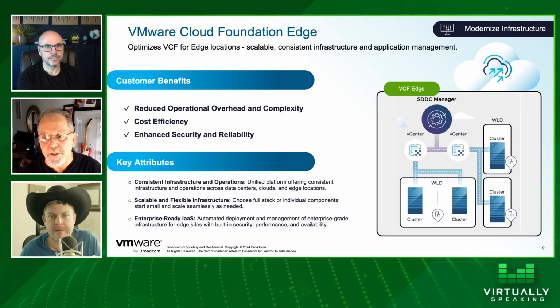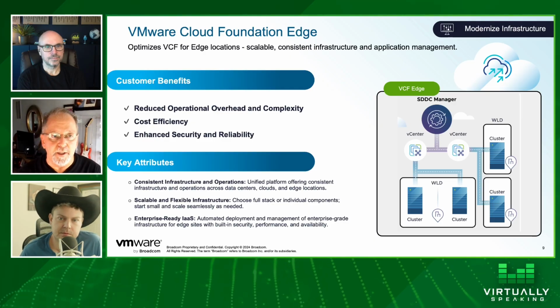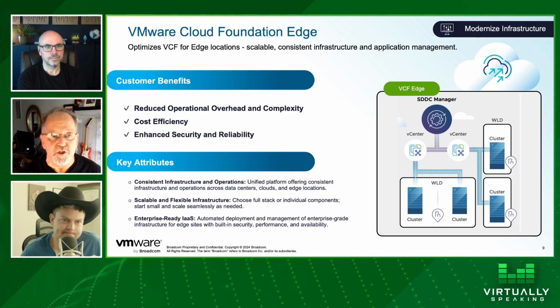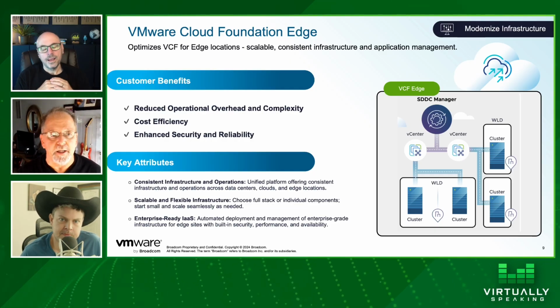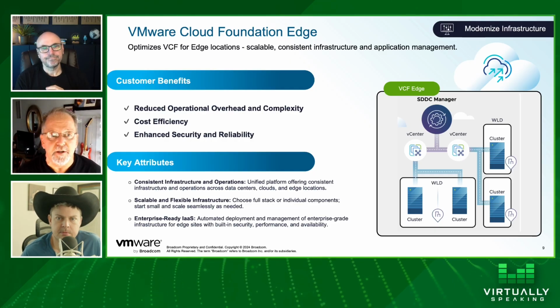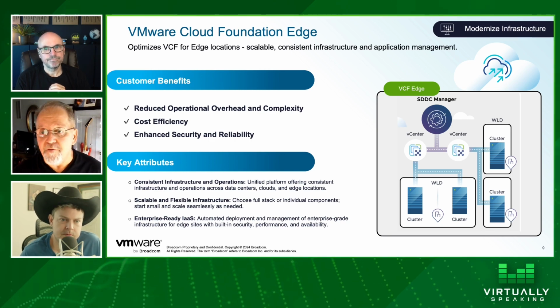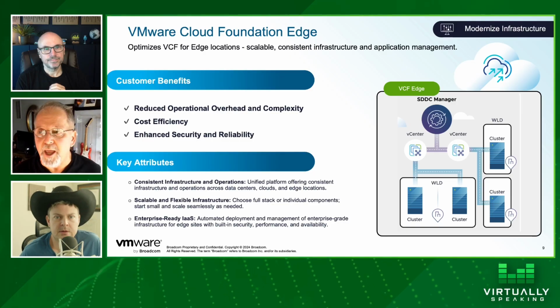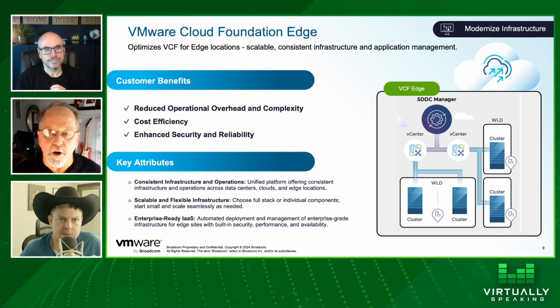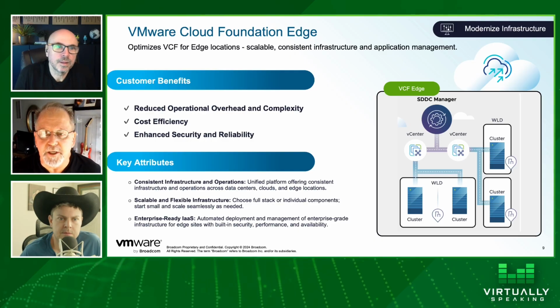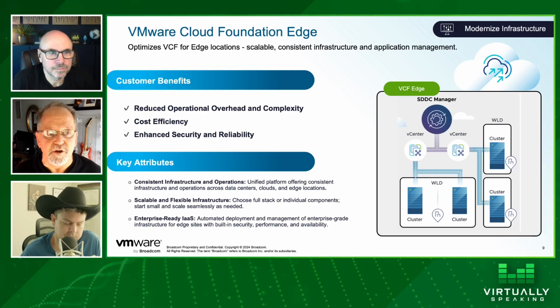Or I can start to extend that out, and I can run HCI nodes where I just have 2-node configurations with a shared witness, as a way to leverage some of the capabilities in there to support smaller configurations. So now I can go out to these far edge sites, maybe where I don't have all of the networking capabilities. I don't have to have the full management stack within it. I can now run smaller configurations.